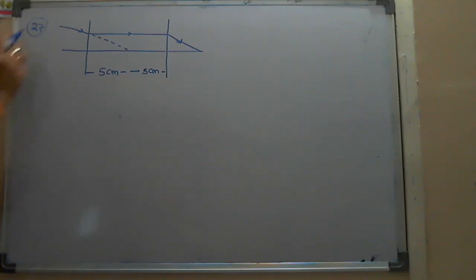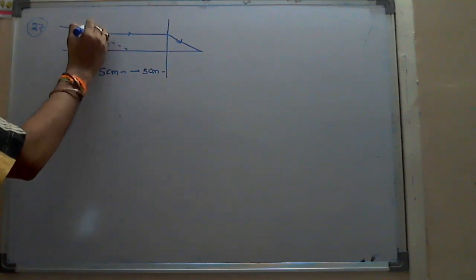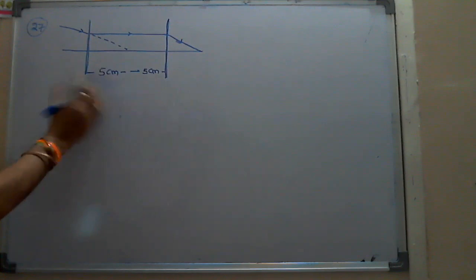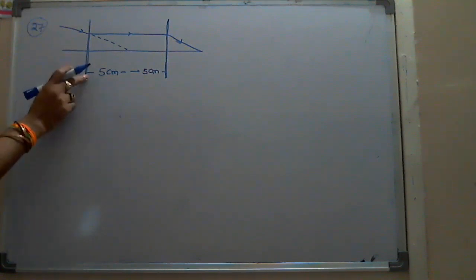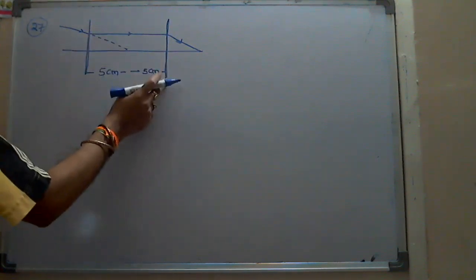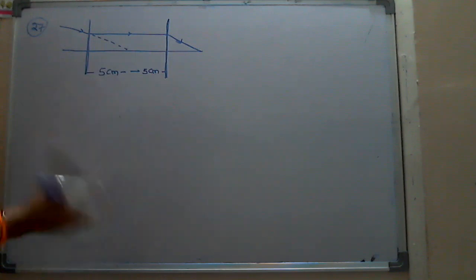This is problem number 27 and what you asked. Here he gave two lenses, but the nature of the lens is not mentioned. That's why he just gave one box there. It means you have to mention whether it is convex or concave, and that one also, whether it is convex or concave, by using their focal lengths.